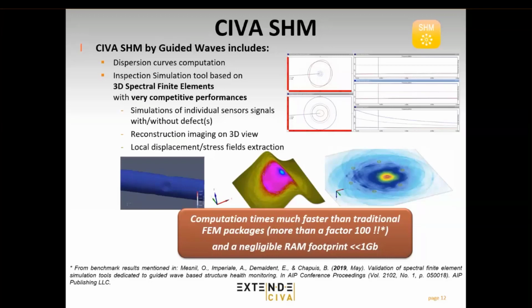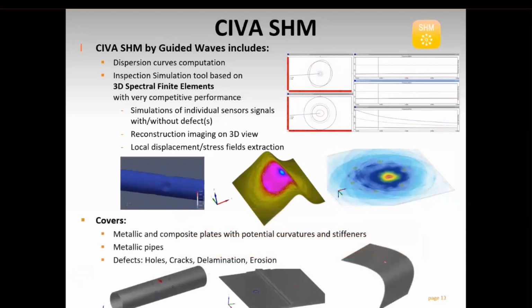So even if it's finite elements, while the rest of the CIVA platform is mostly based on semi-analytical tables, this module is more based on finite elements, but this specific approach allows reaching really interesting computation times. It remains a question of several minutes, maybe several hours sometimes, to compute one typical industrial case. It can cover several situations in this first version, and it will continue to evolve.